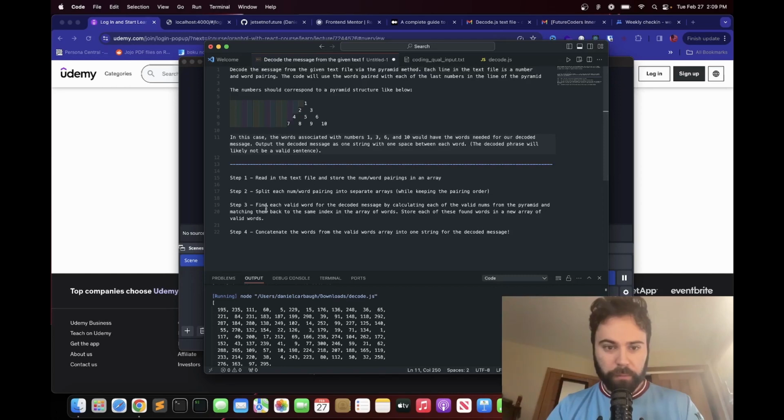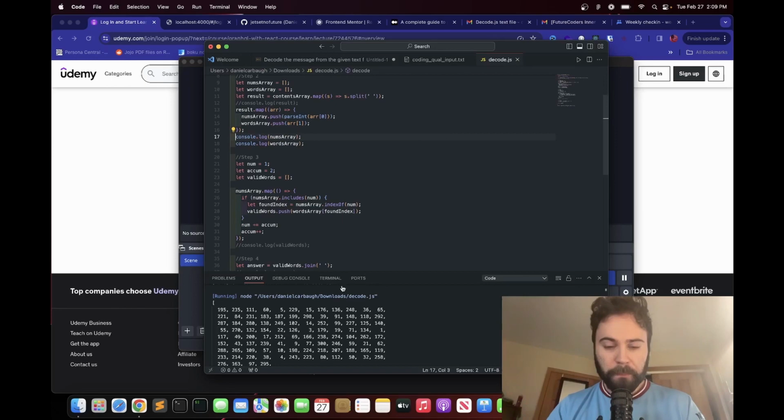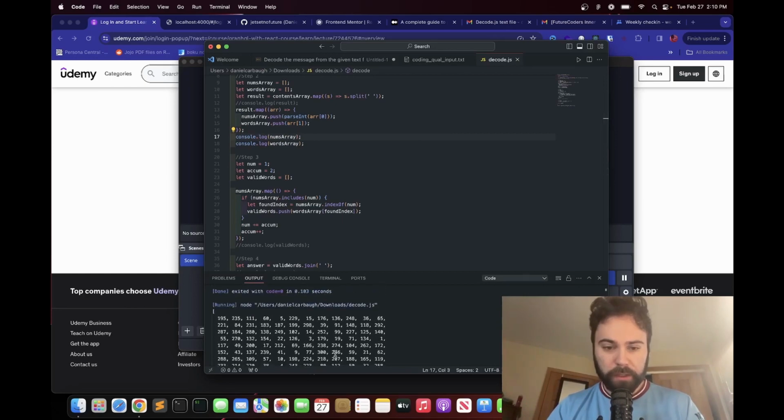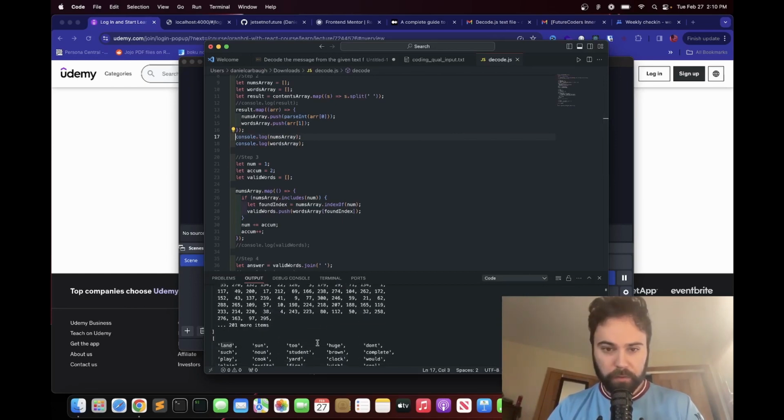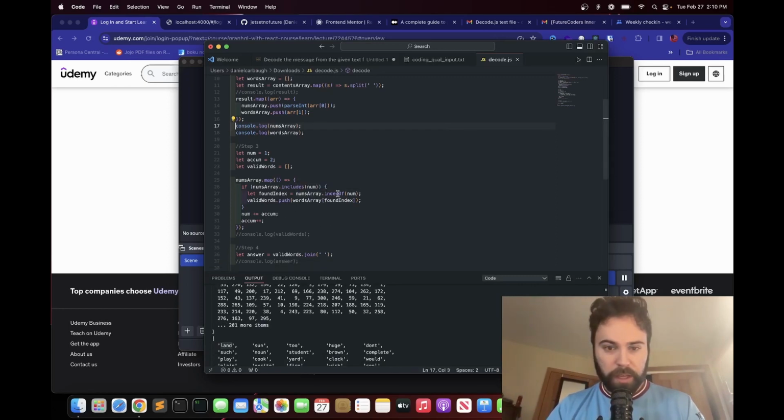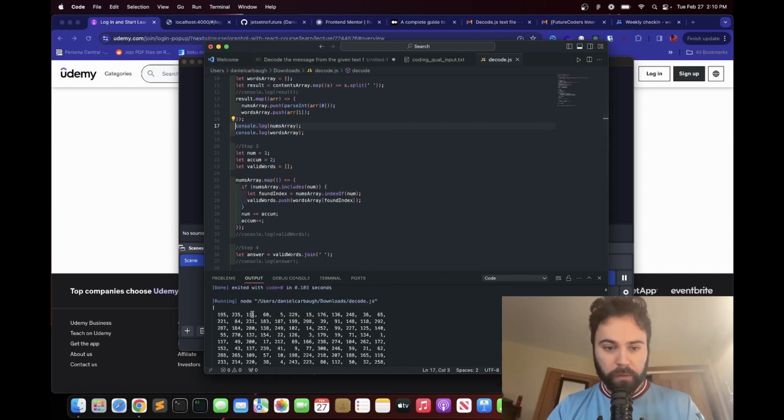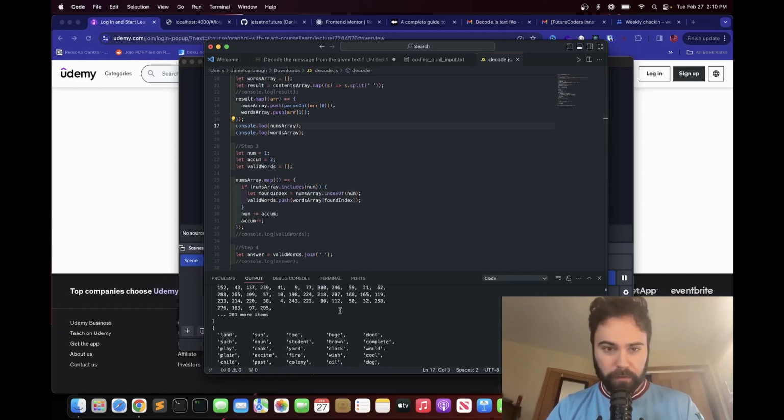So step 3 here, I put: find each valid word for the decoded message by calculating each of the valid numbers from the pyramid and matching them to the same index in the array of words. Remember, this is why it was so important to make sure that these lined up with the pairings, even though they were separated into 2 arrays, because what we can do now is use the index of one of them to match it to the index of the other array. So here, basically what I've done is said let num equal 1,